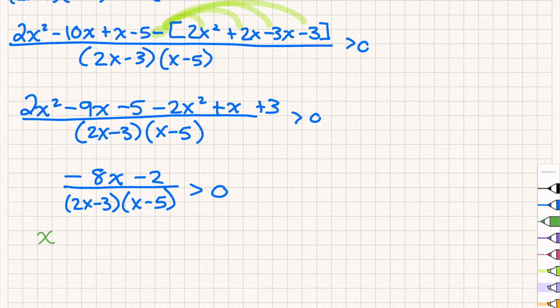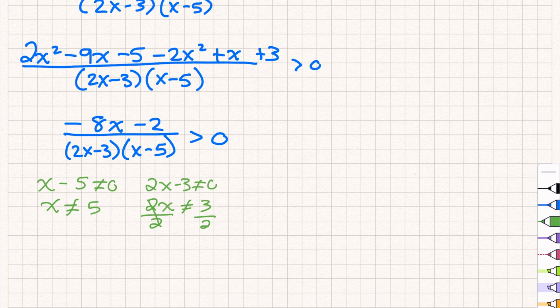So when x minus 5 cannot equal 0, so x cannot equal 5. And then 2x minus 3 cannot equal 0. So when x is equal to 3 over 2, and then